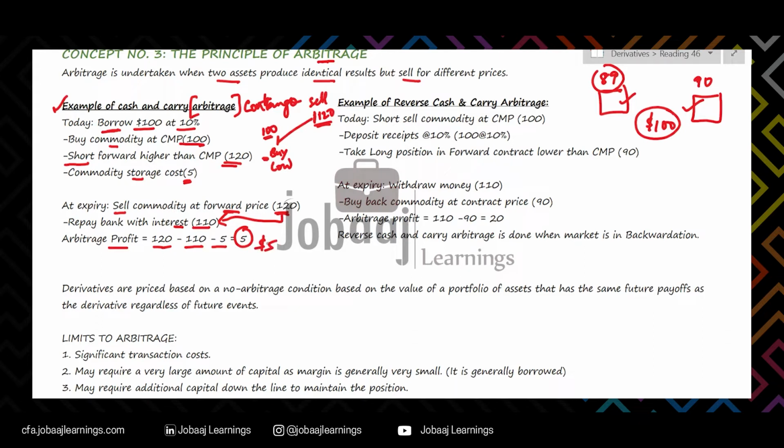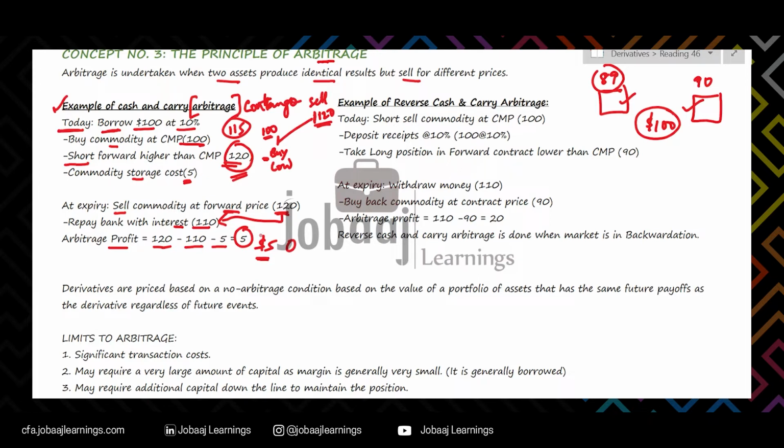And this is arbitrage profit because at the time of the initiation of the contract, this was guaranteed. There was no risk involved at any point in time. And this profit was made possible only because there was a mispricing in the forward market. Had the price of this forward been 115, in that case the arbitrage profit would be 0. That means there would be no arbitrage opportunity, right? And when more and more arbitrageurs would exploit this situation, the forward price will automatically adjust to the price of 115 and this mispricing of the instrument will be corrected.